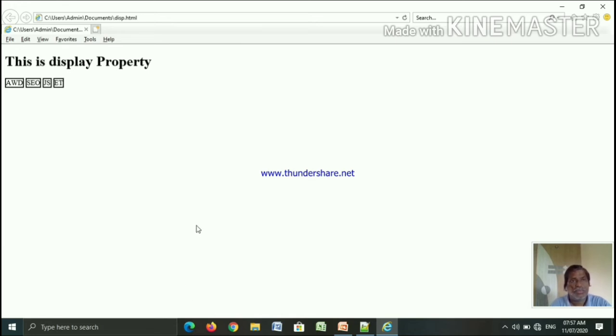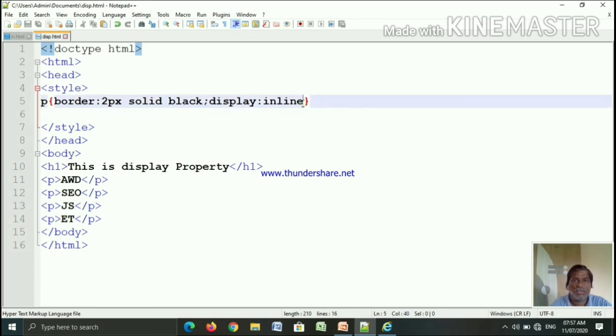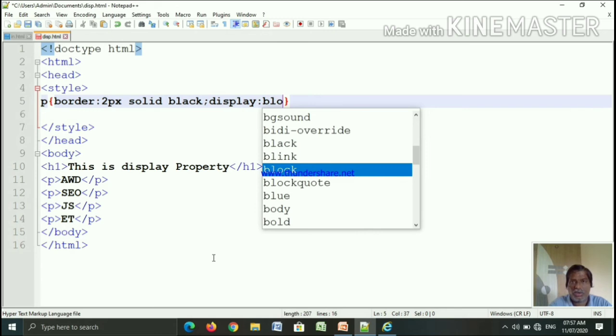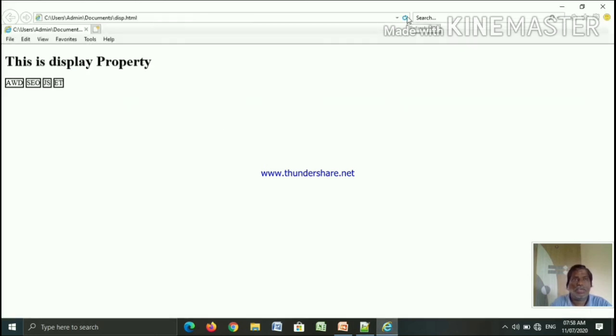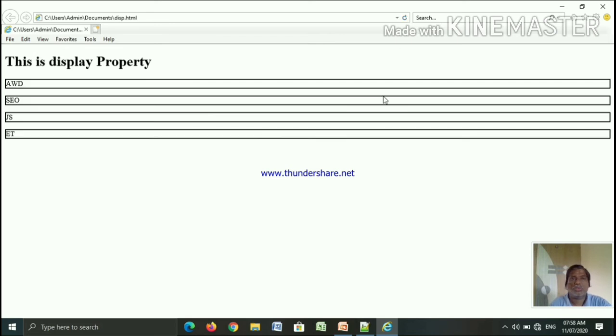Okay, so this is the none value. Then we make a change here: instead of inline we use the block property. Now see what happens when we use the block property, the output changes. So this is the effect of the block property. By default, when we are not using the display property for the element, we get the paragraph like a block.